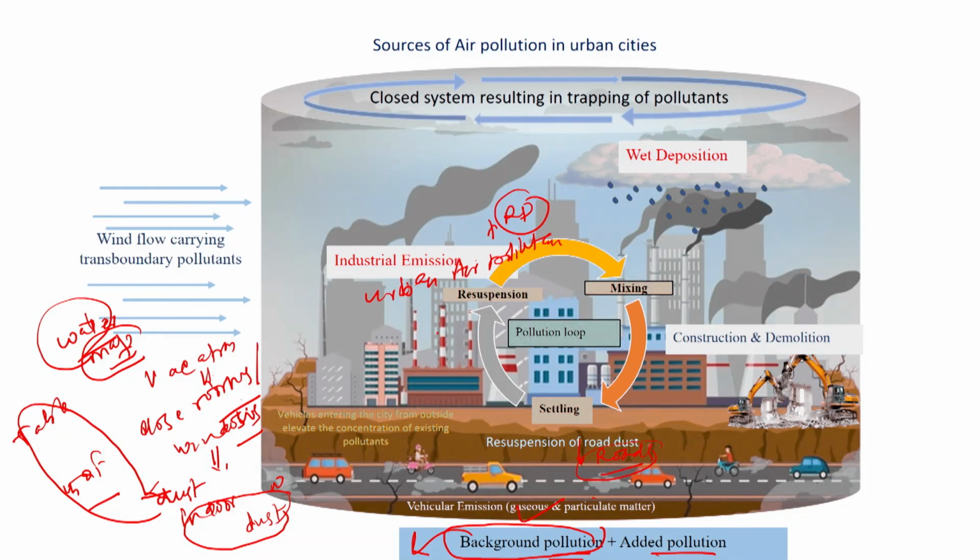Now, what will happen? On this road, people will be travelling with bikes, people will be using cars, and once you have deposited the dust on the road, it will be resuspended again. So effectively, you are just moving one source of pollution to another source; you are not removing it at all. Yes, of course, you are able to clean your room, and the pollution level might be lowered, but at the same time that pollution will be there in the neighboring places. It is not removed.